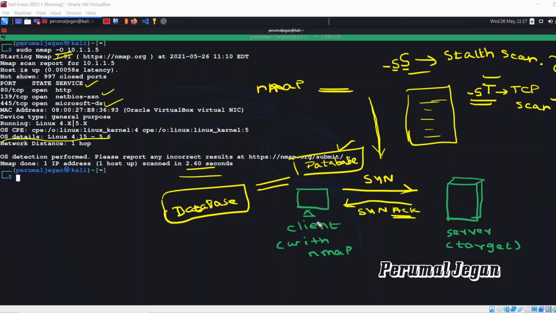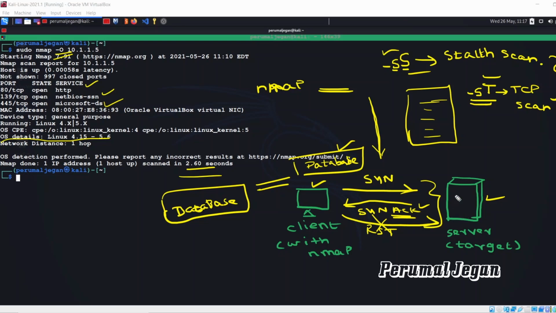When the client, the Nmap installed client, finds the acknowledgement response from the server, it decides that particular port is open on the server and simply aborts that connection, sending the reset packet. Now the three-way handshake has not completed. It's partially completed, and before completing the TCP handshake, the client reset that connection. Hence, it is called stealth scan.